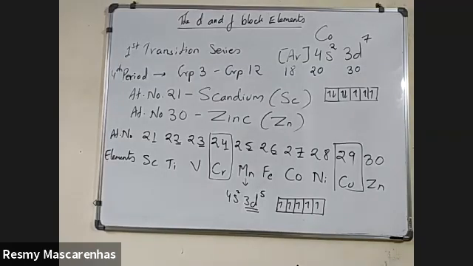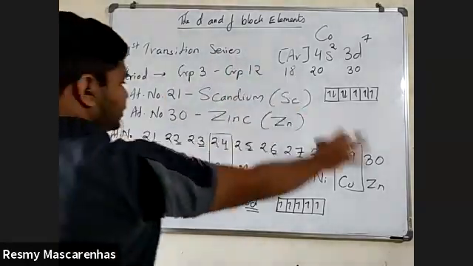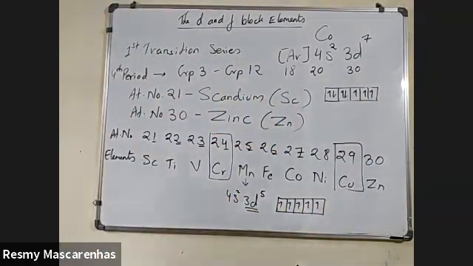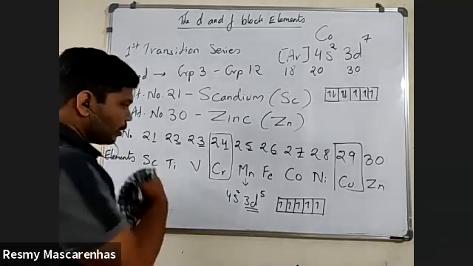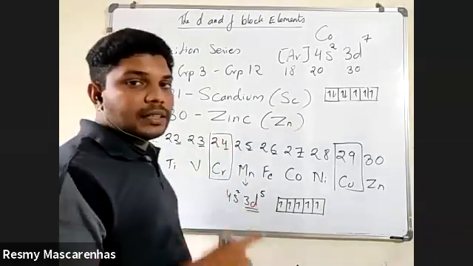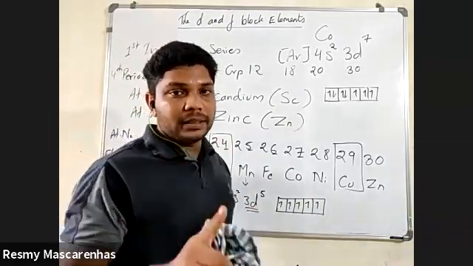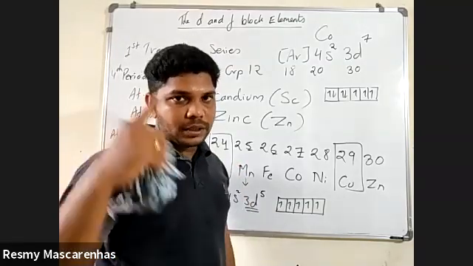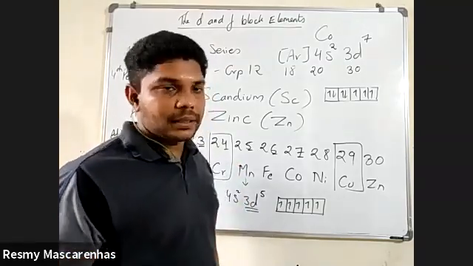Okay, good. So till here we have seen the first transition series. Many things I have told you which you have never seen till now. Many more important things are also there in depth. One more thing you remember: all the elements of the first transition series, second transition series, third transition series, all are metals. There is not a single non-metal in this case. Put this in your mind. All are metals.